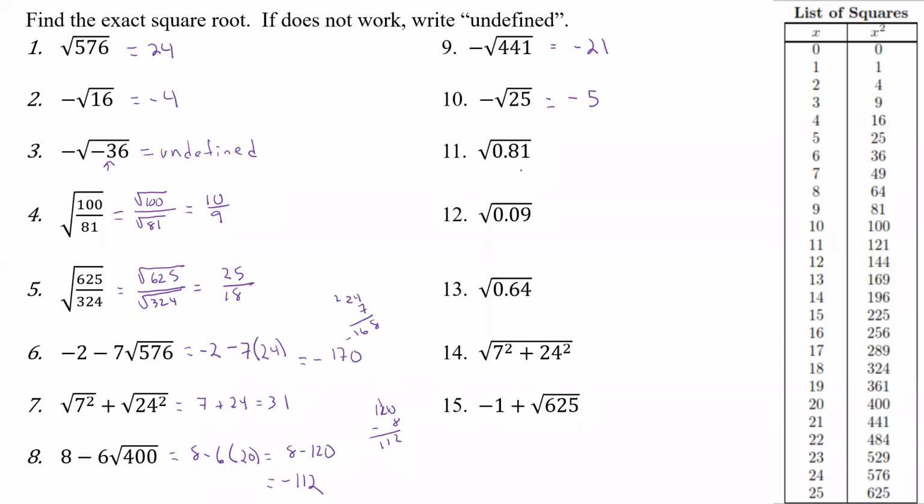Now this one is going to be a little trickier because guess what? We don't have any decimals over here, do we? But we do have something that has 81 in it. 81, the square root of that is 9. And so what we have to think about on this one is, how do we get the square root of 81 to be 9, or the square root of 0.81? What does that equal? Well, that's going to equal